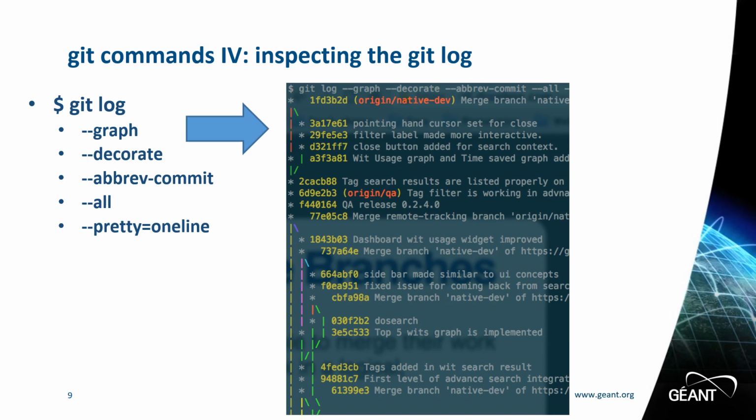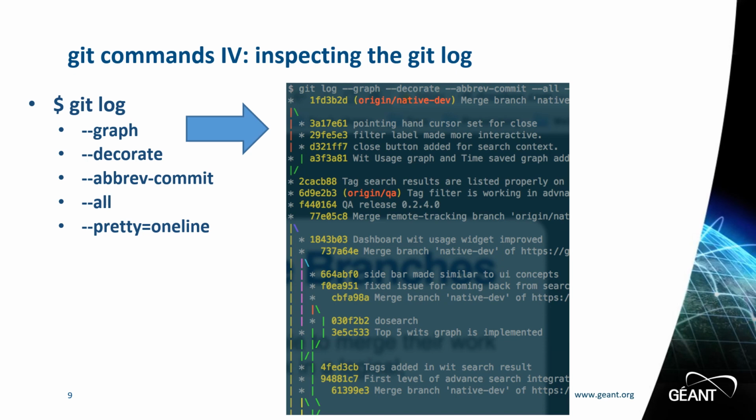In this slide, we show the commands for inspecting the git log and checking the logs. The git log options are the following: --graph creates a text-based graphical representation of the commit history on the output's left-hand side. --decorate displays the ref names of any displayed commits. --abbrev-commit, instead of displaying the entire 40-byte hexadecimal commit object name, displays a prefix that uniquely identifies the object.